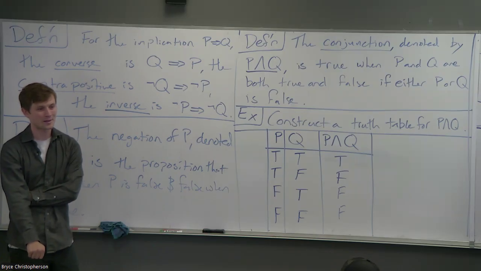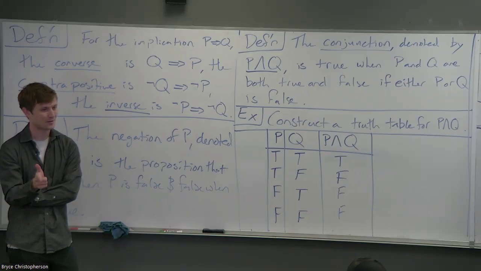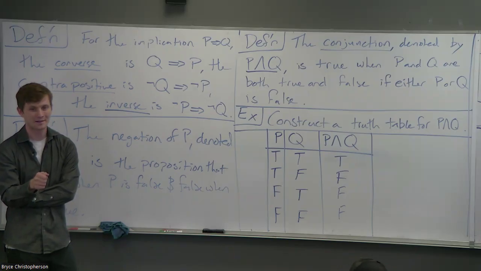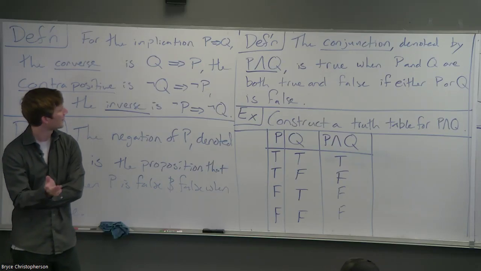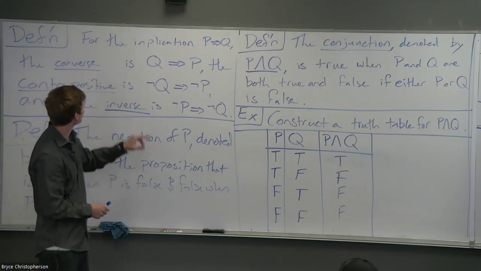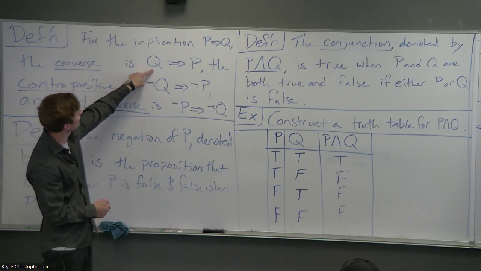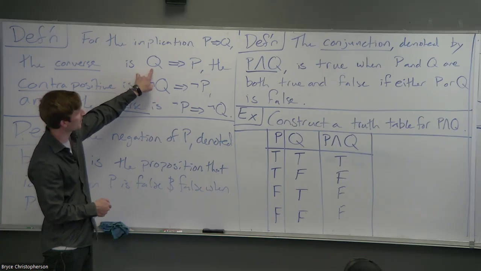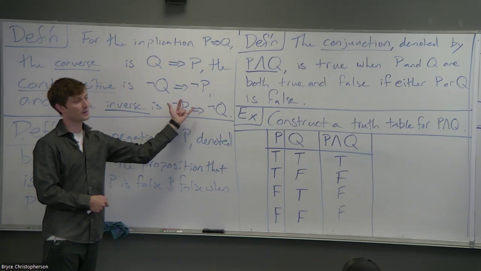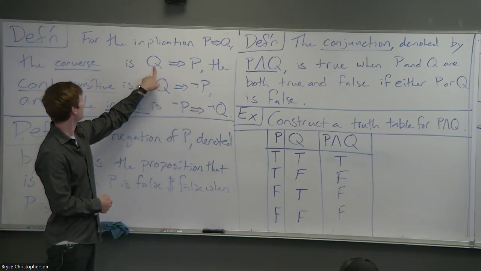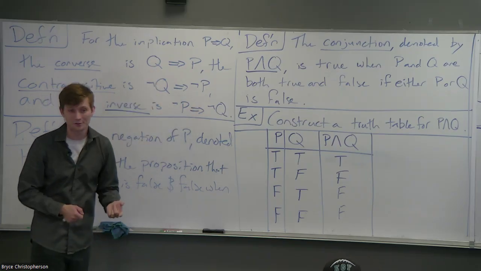Right? What would the other one be then? If it's not snowing, then it's not cold. Okay. That doesn't seem right, does it? It could be not snowing, but it could still be cold, right? If you look at these, the converse, its contrapositive, the contrapositive of the converse is the inverse.